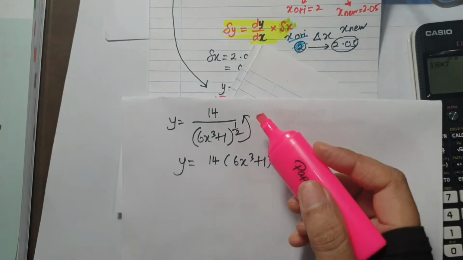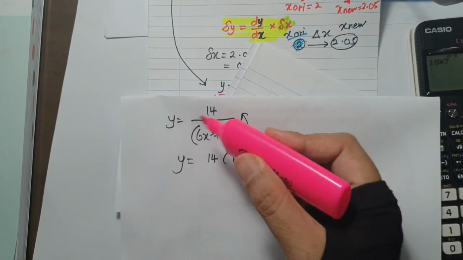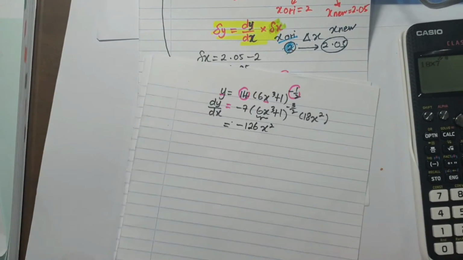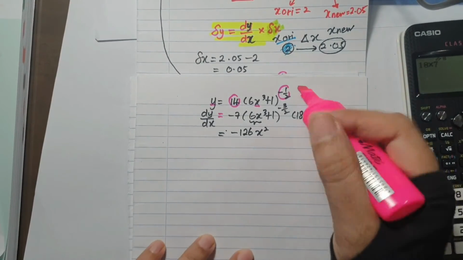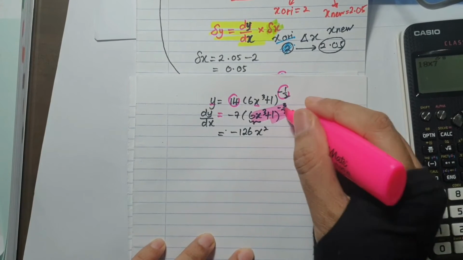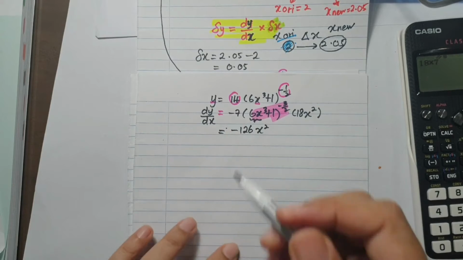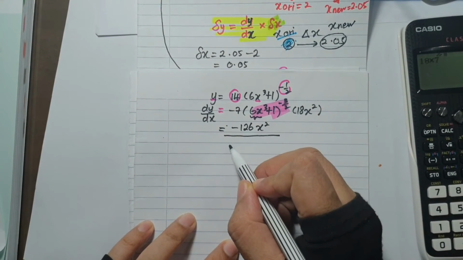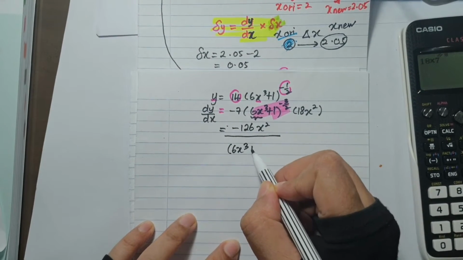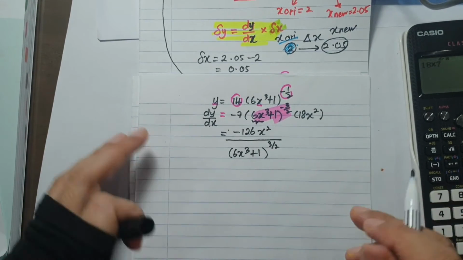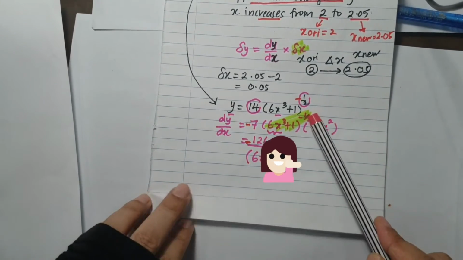So before you differentiate, you bring up this bracket, so it becomes a negative index. After you differentiate this function, bring it down. Once you bring it down, it becomes a positive function over bracket 6x cubed plus 1, power of 3 over 2. Next, since we want to use this formula,